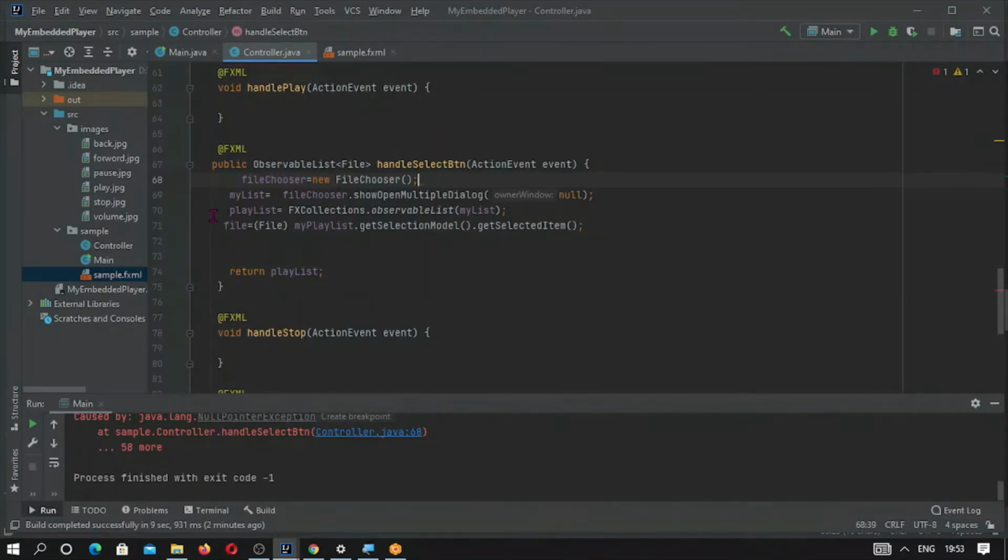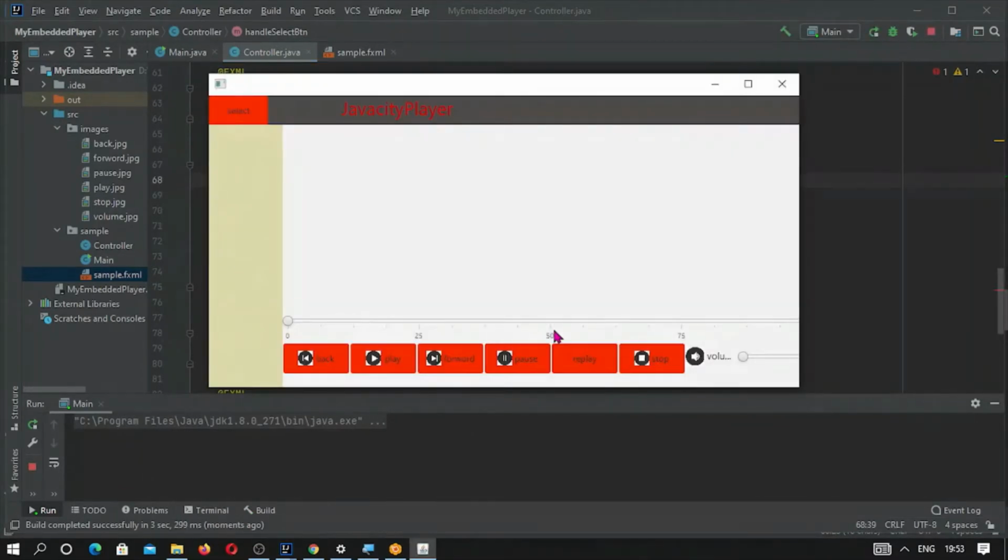So always remember, whenever we are displaying any list or anything in a GUI, if it is changing or observing changes, it should be observable. There is an interface Observable. Later we will discuss it in further lectures. So that has been created, and I suppose this should run without any error.